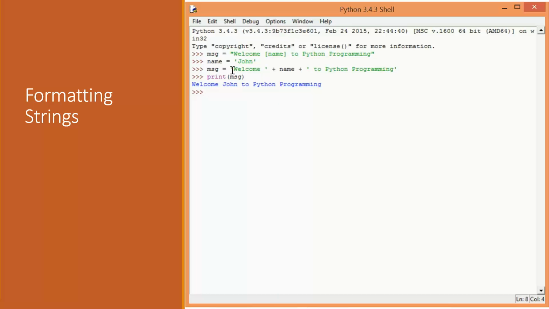So I can basically define a message prefix, a message postfix, and I can add the three portions, the prefix, the name, and the postfix, every time I want to print a message for a different name. And that works, but there is a better way in Python, and the way to do that would be to define